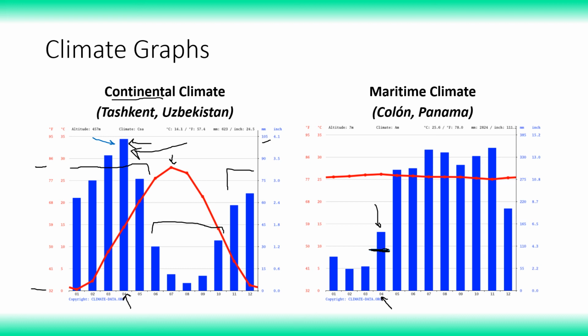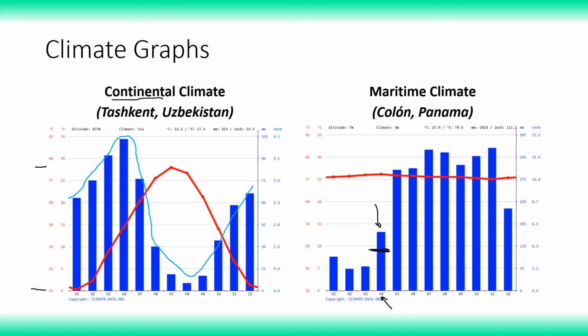So you can see that even though these values on the axis might change from one graph to the next, they do still do a good job of showing you, if I get rid of all these lines, how that precipitation changes over the course of the year. So I could almost draw it out like this, and you can see then that most of the precipitation occurs in the winter months. Meanwhile, if we look at this second one over here, this maritime climate in Cologne, then